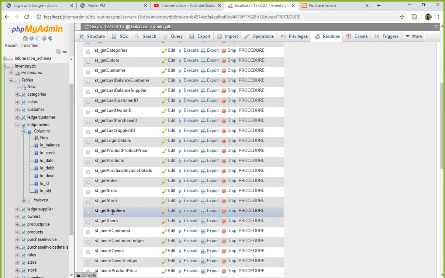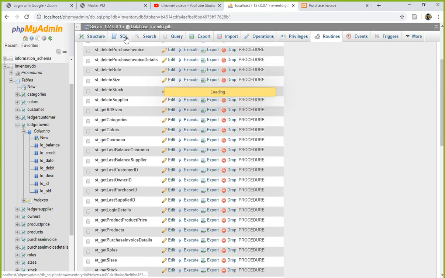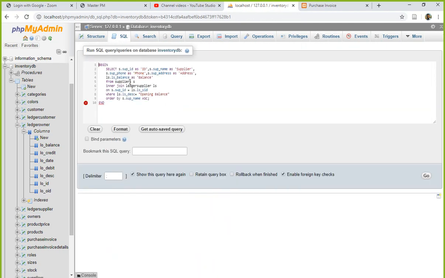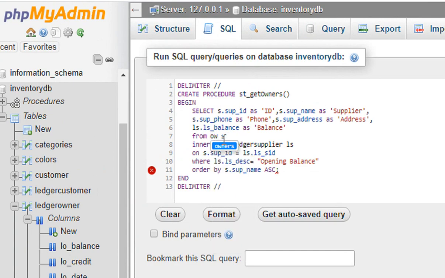So let's pick up get suppliers, the rest of the things we'll copy. So just copy this, close this, SQL, paste here, add the delimiters, create procedure st_get_owners, and begin end is there, and here I have to mention the delimiter. And instead of supplier we have to pick up the owners today. So let me zoom here, and it should be owner O, and it should be supplier, so sorry, ledger owner